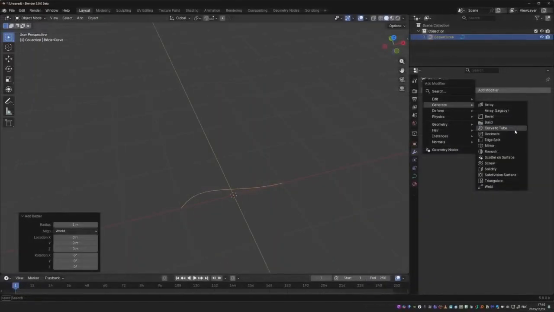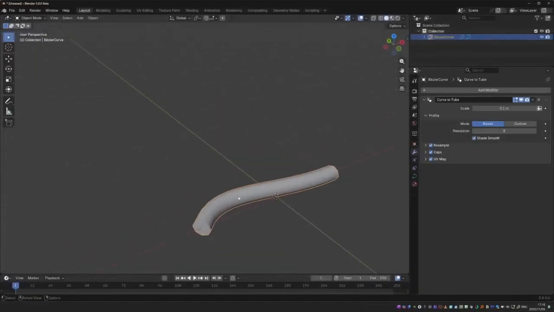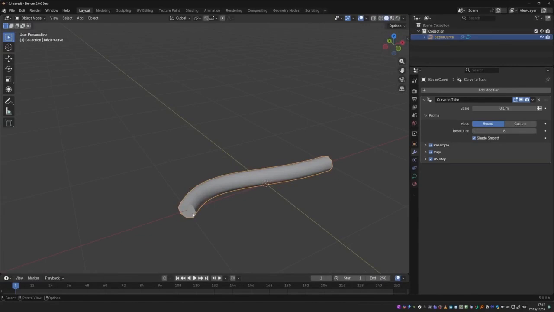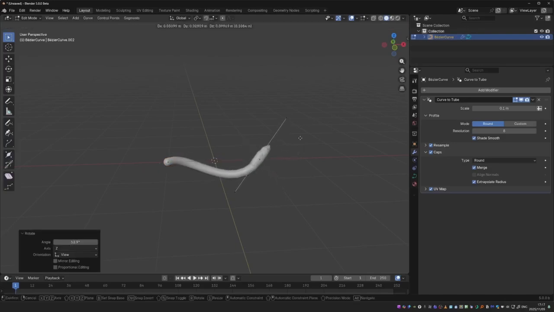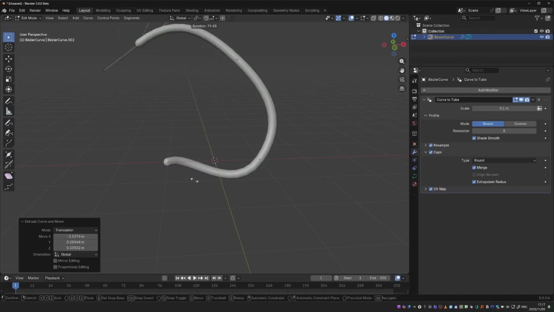Another new modifier is curve on tube. This takes a curve and gives it geometric thickness. And one of the coolest features that many people have wished for is the round caps feature. And of course, this is procedural, so I can tweak my curve and the geometry will be generated on the